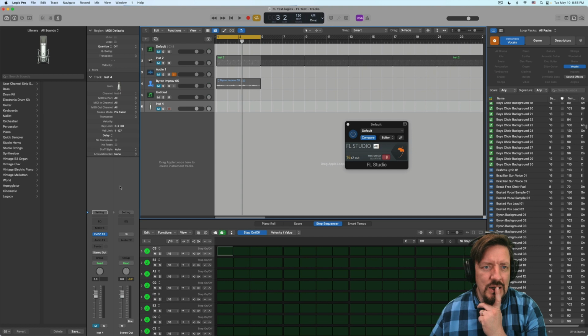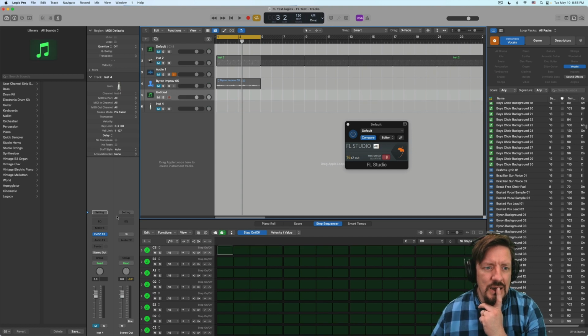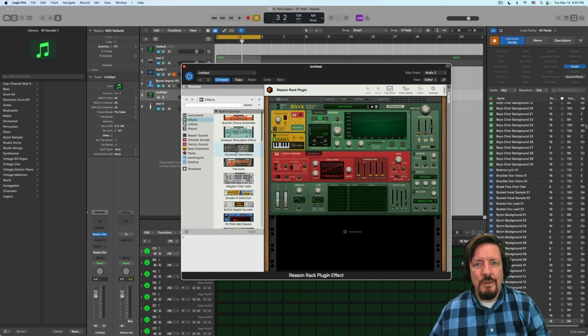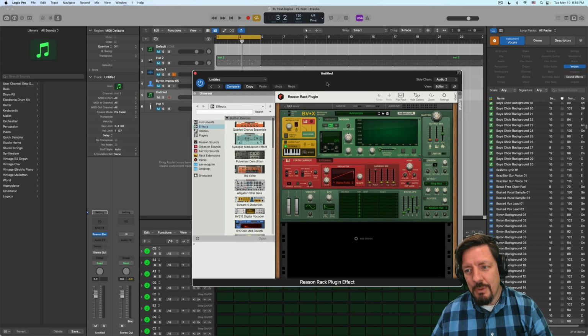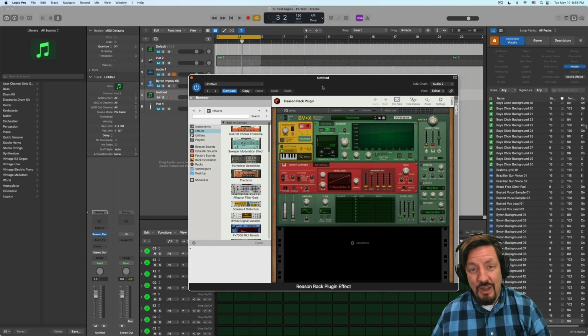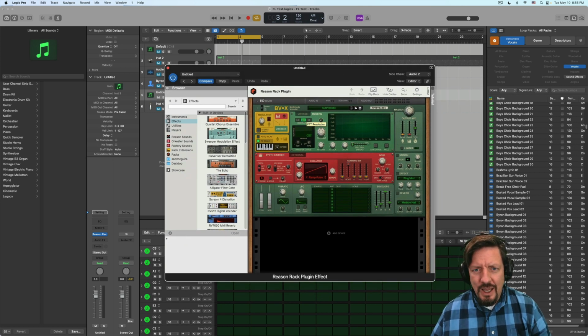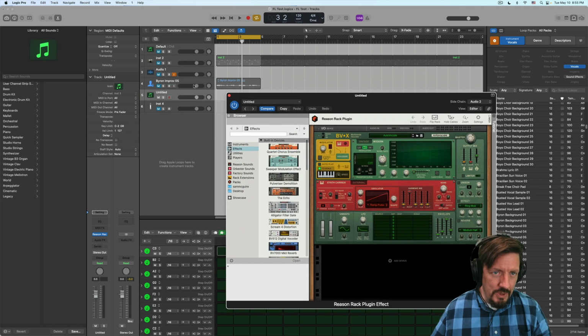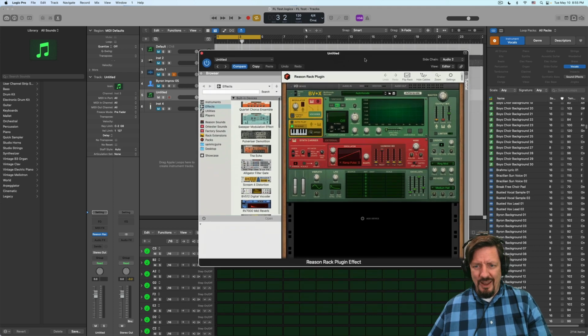Let's get this loaded. There we go, Reason Rack. So I've got Reason loaded, FL Studio loaded, and the vocoder loaded all in one project, which is something that should give anybody nightmares. But this is the BVX, and I don't have it set to autoplay. I just have it set to scale, and I'm side chaining from that the loop that's over here on this channel, the Byron Improv Apple loop, and